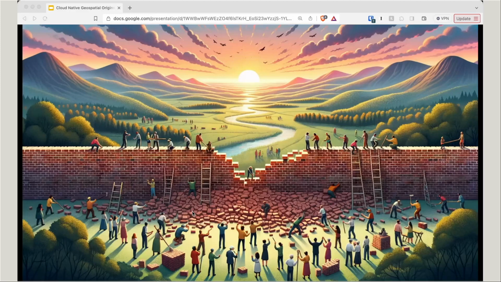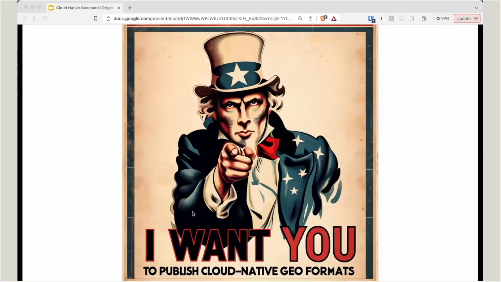So we're still early in this journey, but I believe many of you on the webinar are in a good place to help. The core formats are in a very solid state, and I encourage you to adopt them for internal workflows. Things are going to work better, but even more impactful is to start to publish any public geospatial data as cloud-native formats. I'm sure this is actually a lot simpler than you imagine it would be, and tools like Safe FME will make it super easy.